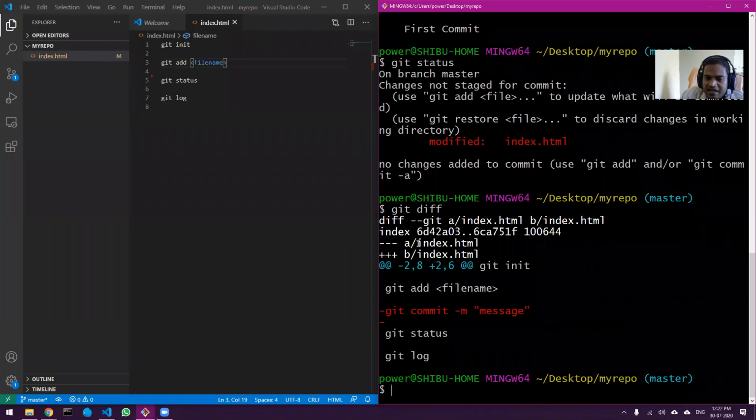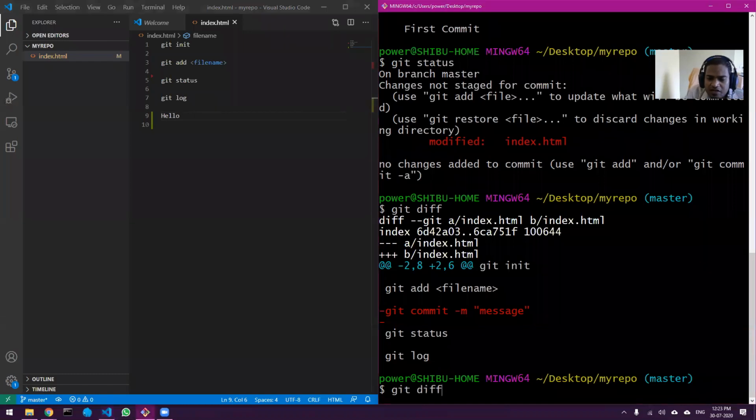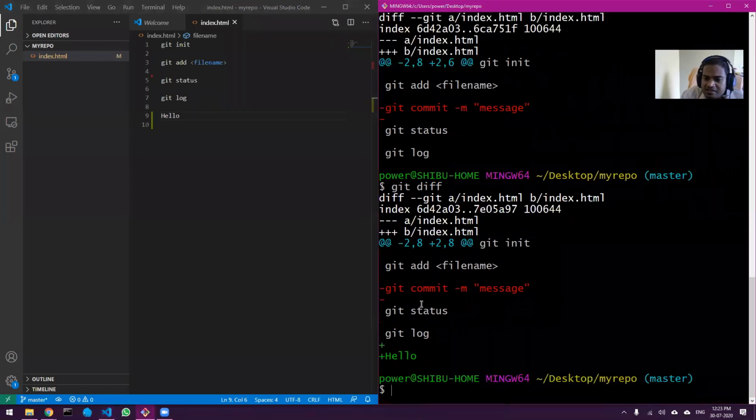It is saying that the index.html file has some changes. And what is the change? A minus, in red, means that line has been removed. Let me add another line, save it and do git diff again. You can see the difference.